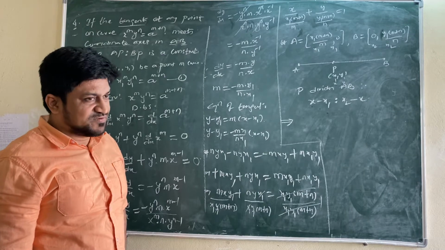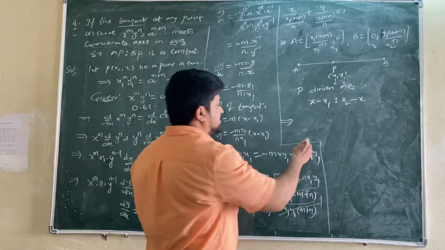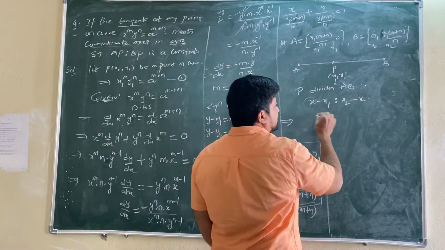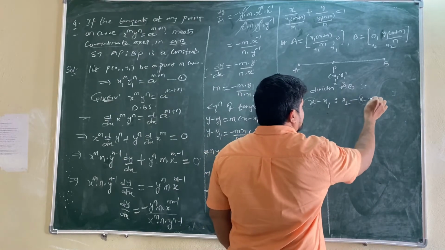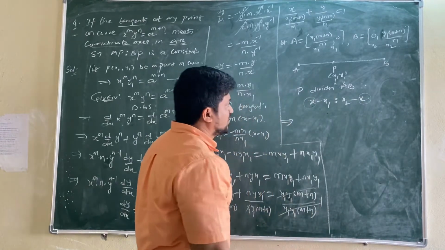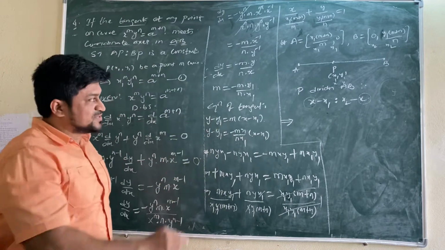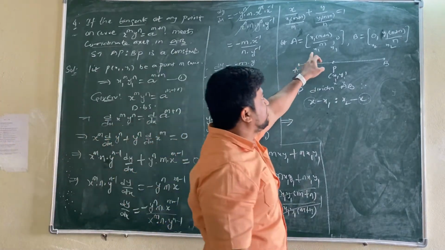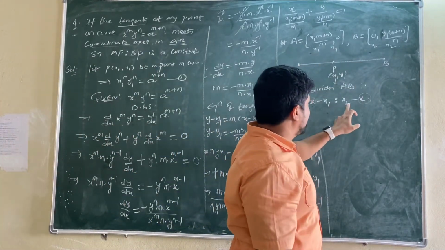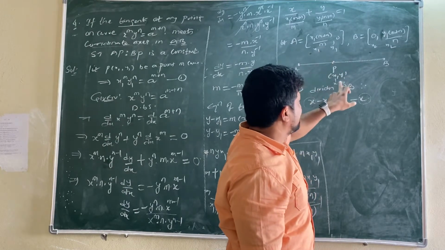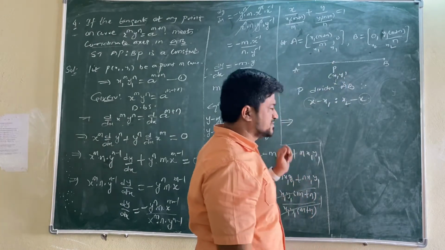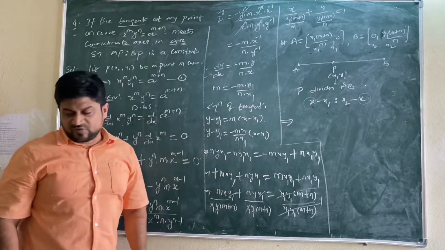P contains x1, y1. So here wherever x is there, this is x1. Here also x is there, x1. Now that x1, y1, x2, y2 is there, na? X1 and x2 we have to take from points. X1, x2 from points, and this x1 we have to take as it is. Or we can do in one more way.